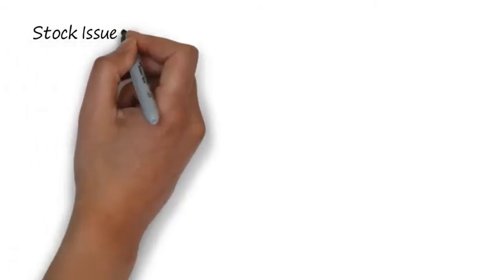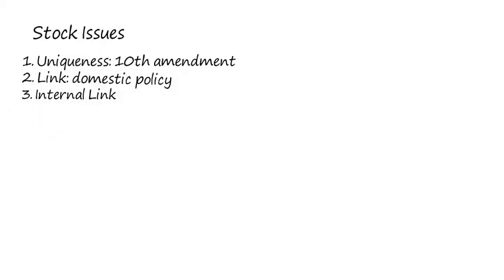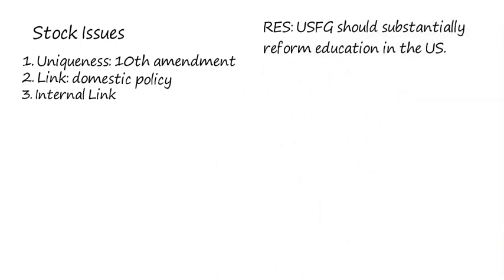The next issue is the internal link, and this is where things can get tricky. At this point in the disadvantage, the goal is to set up your impacts. One of the most popular arguments is to explain why this violation of federalism will open the door for abuses of power. For instance, if the topic is that the United States federal government should substantially reform education in the United States,